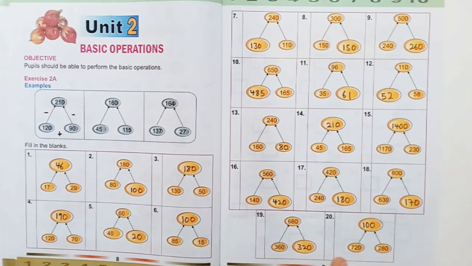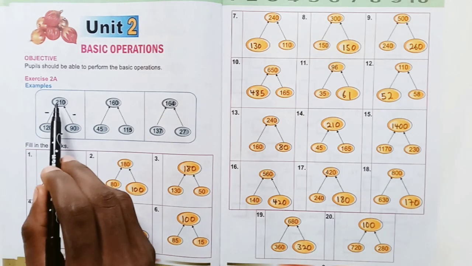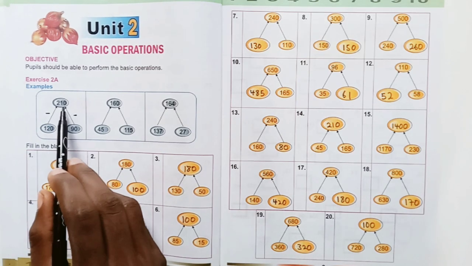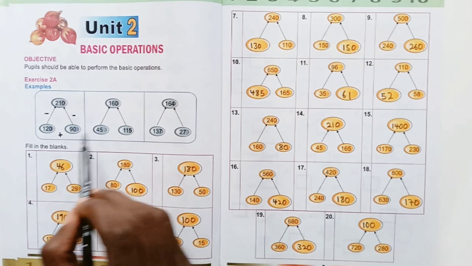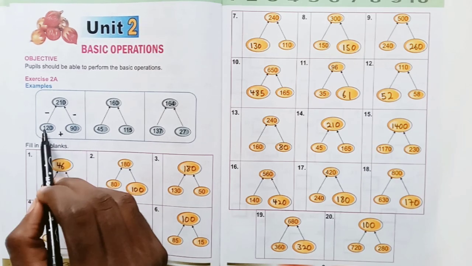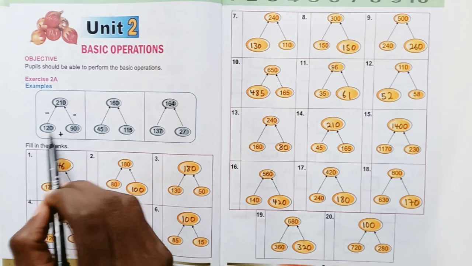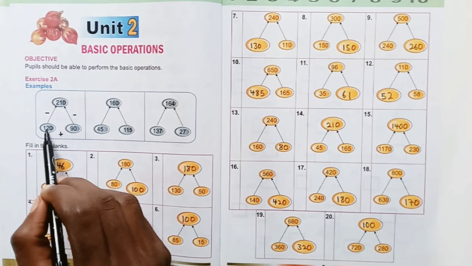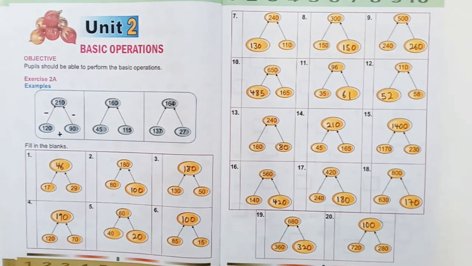So that's basically it. The pattern is to get this, you add this plus this to give this. To get this, you subtract these two to give you this. To get this, you subtract these two to get this. All right. So that is basically Exercise 2A,